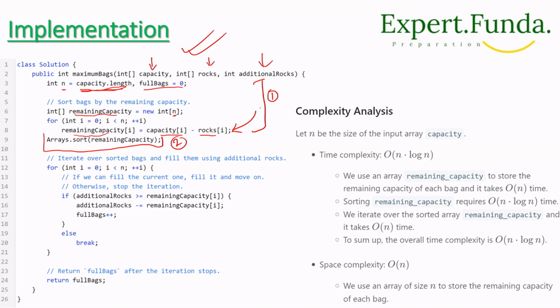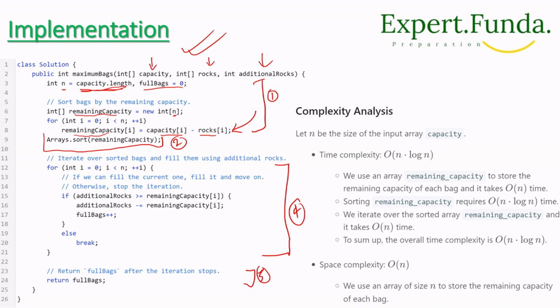First, what we have done is we have created a remaining capacity, and we have initialized the remaining capacity by capacity of i minus rock of i, correct? And then we have sorted the remaining capacity. Now step 3 will go from here to here, and this is step 4, and this is step 5. Okay, so in step 4, we have to start the loop again, i equal to